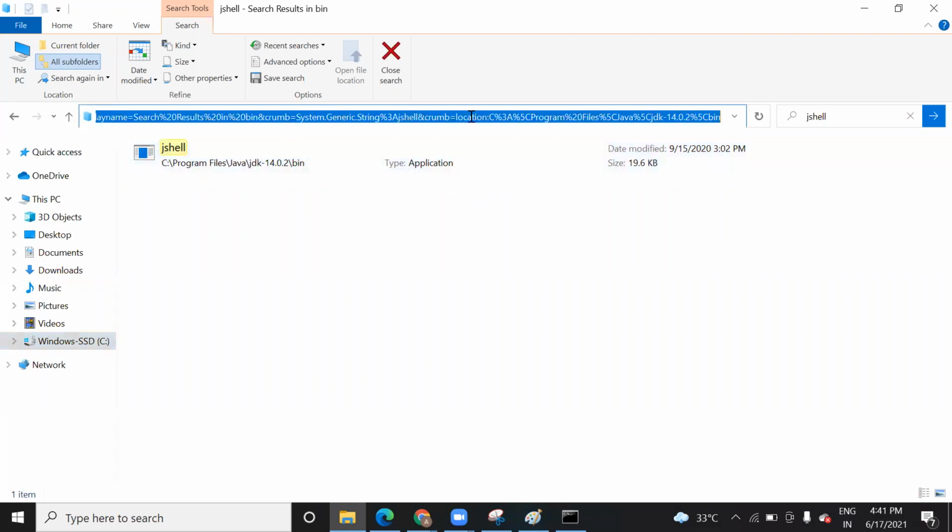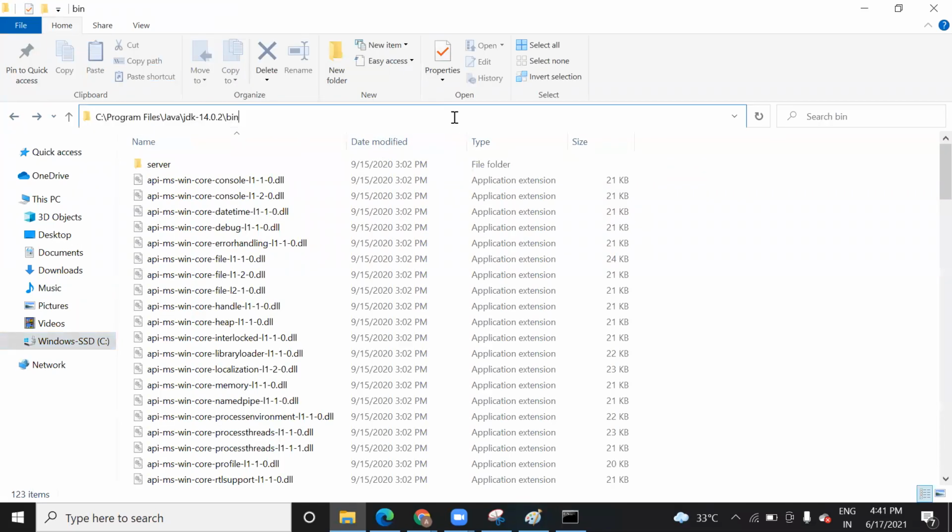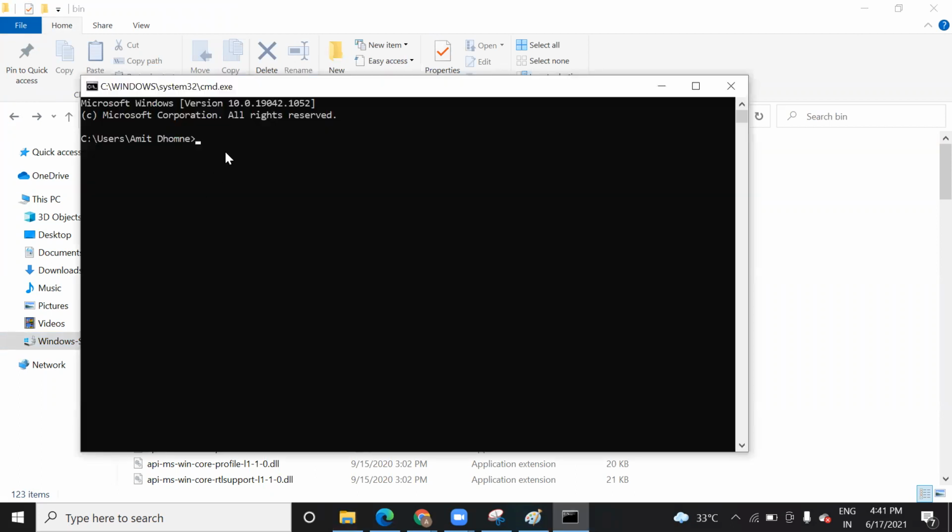Once you go to this path, you just copy the whole path and paste it here. Once you paste it, just type jshell and press enter. It will take a few seconds to start. See, it is started, right?